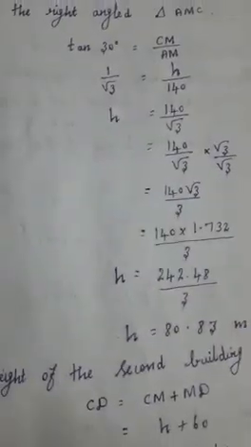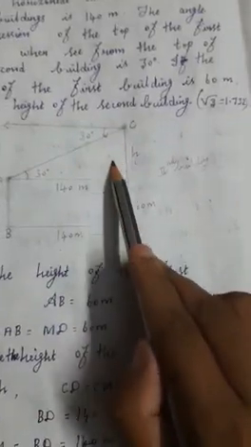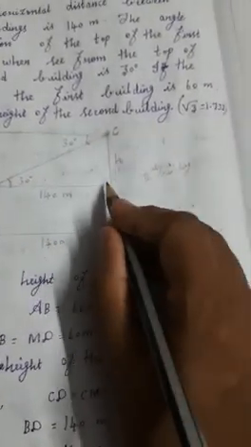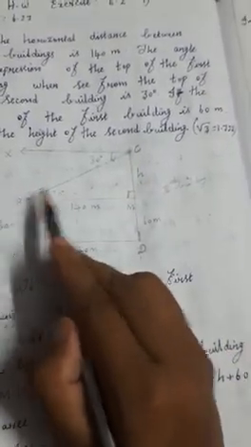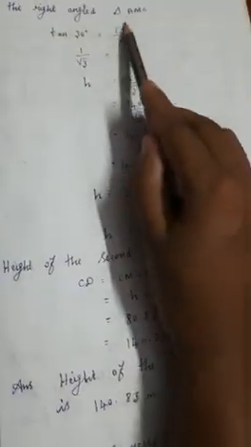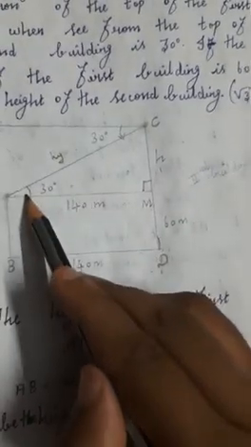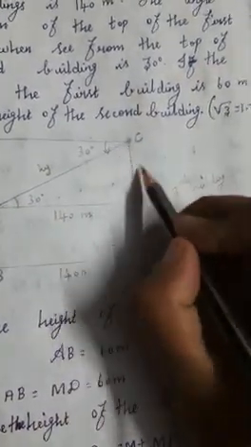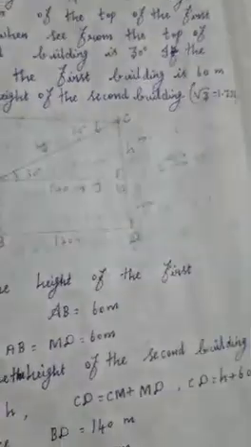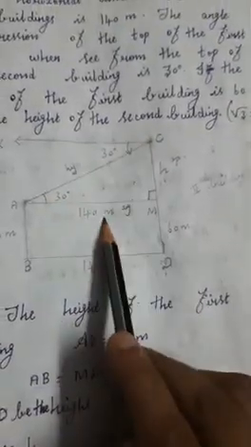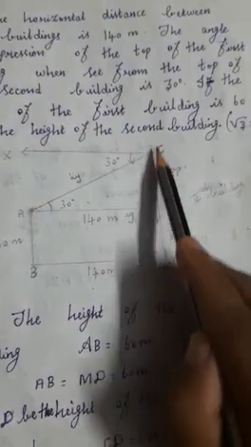Now we are going to take this right angle triangle. Can you name the right angle triangle? This is the right angle. You can name it CMA or AMC. In this right angle triangle, this is the right angle, so the side opposite the right angle is the hypotenuse. After this angle, this side is the opposite side, and this is the adjacent side. Now the adjacent side, the hypotenuse, this height value only we need to find out.